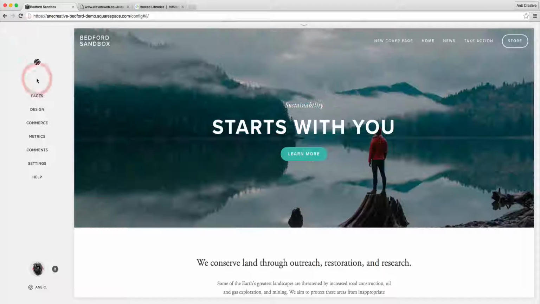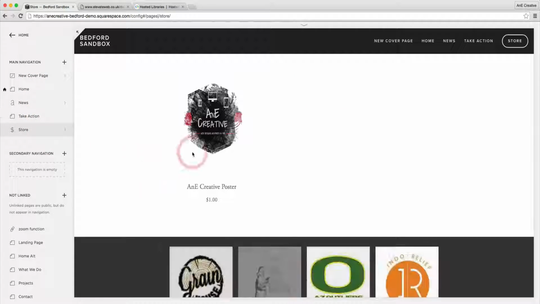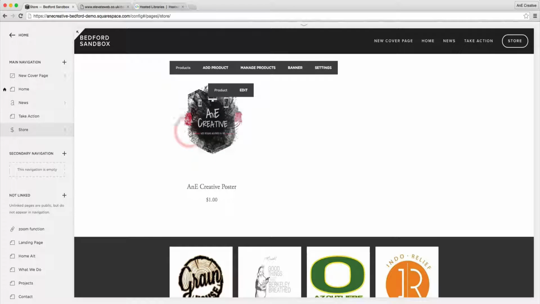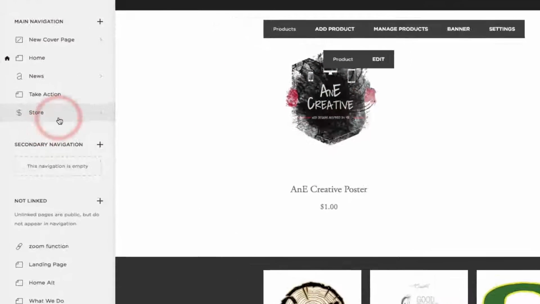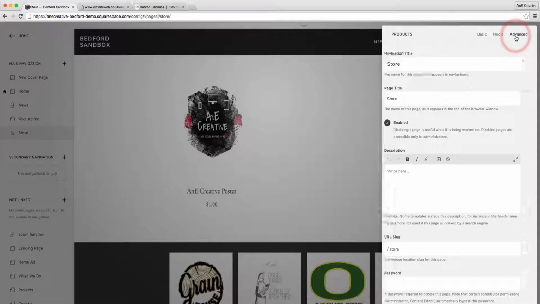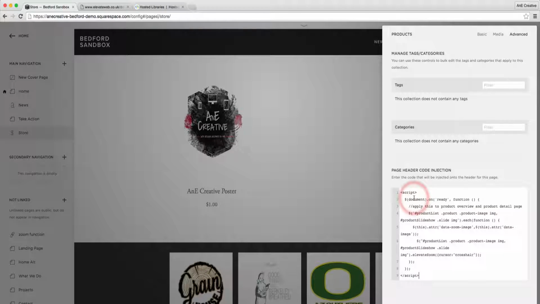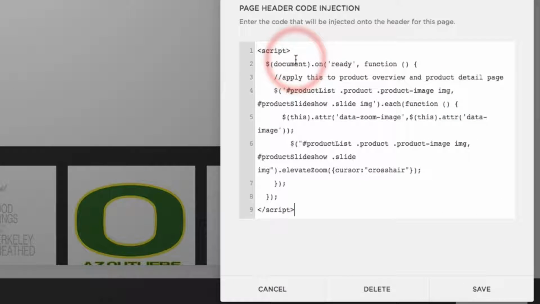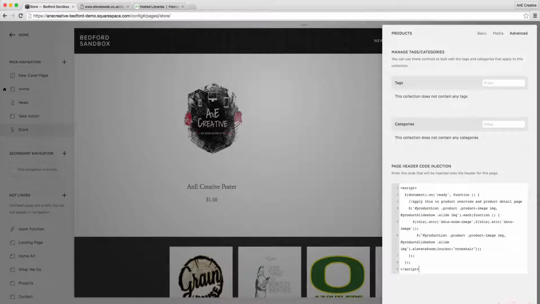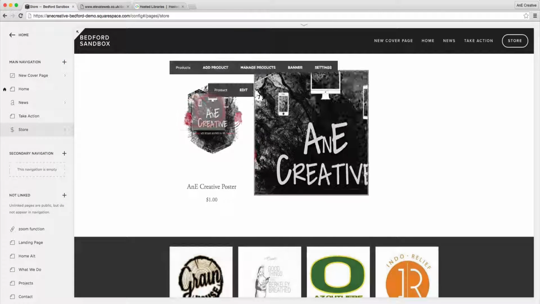The next thing I need to do is add my code. I'll do that by heading over to my store. You can see right now it does not have a zoom function. So what we need to do is add the code that I've written here. We'll do that by clicking on the gear here, heading over to Advanced, and then simply copying and pasting the code or typing the code out. Once I hit save, it should refresh on its own,